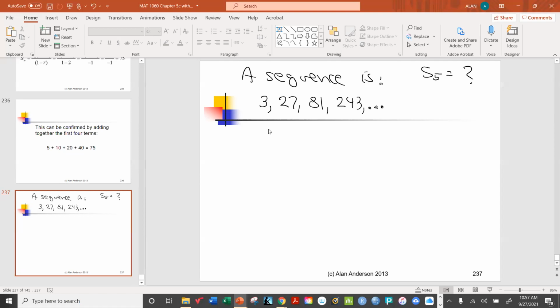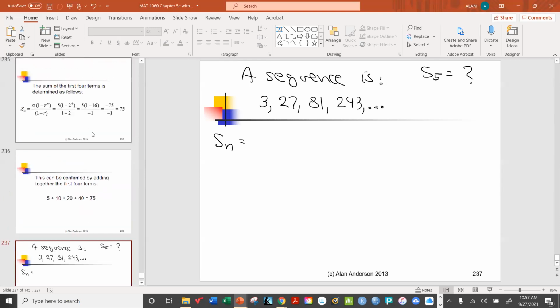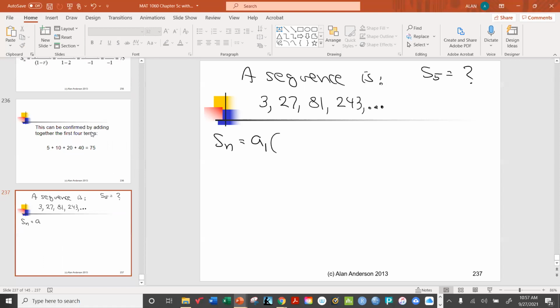Now, the formula says that what we're going to do is take A1 times 1 minus r to the n over 1 minus r. We don't even need to know the 5th term to use this formula. So A1 is the 3,